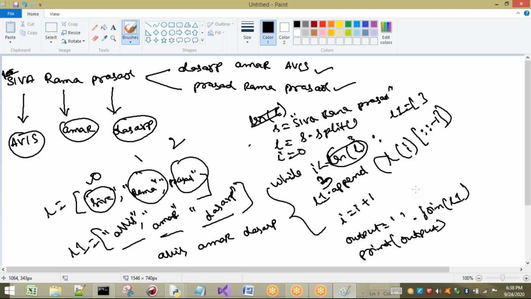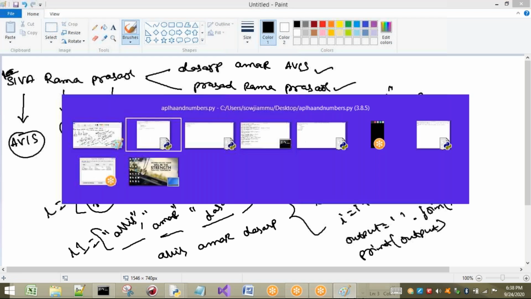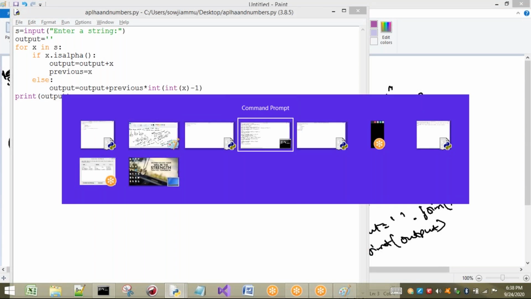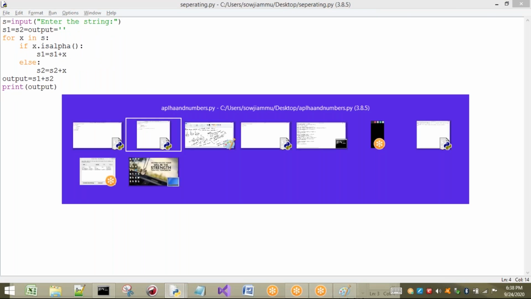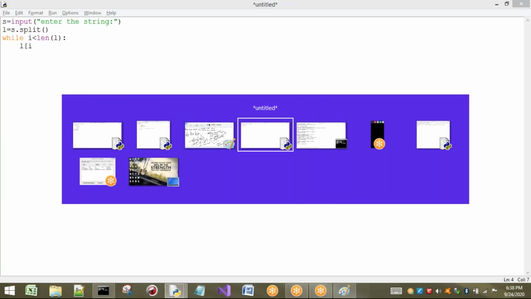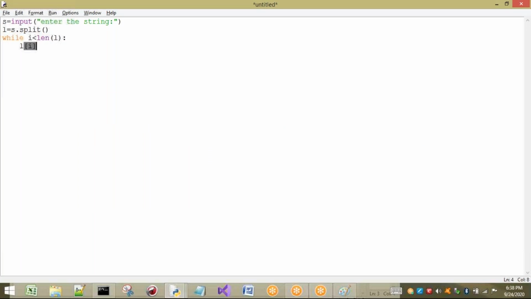Unfortunately, I have taken it this way. This is indexing, this is square brackets. So L of I, and I have to reverse it. For reversing, what do I have to do? Colon colon minus 1. So this is reversing.